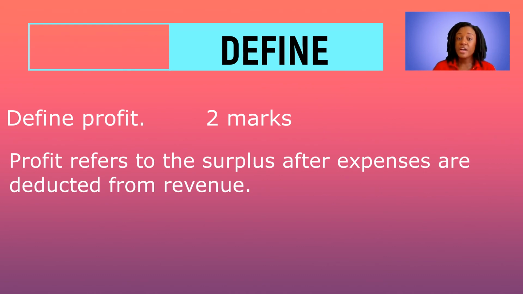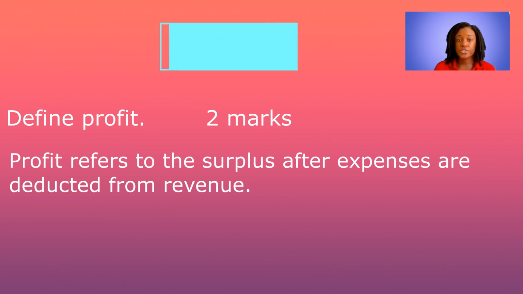So when you're answering your questions, you cannot just put down a definition that you feel should be there, but you also have to take into consideration the number of marks that are awarded for the question. So both will have to work together. So you have to look at what they're asking you to do, and you have to look also at how many marks are allotted for your questions.